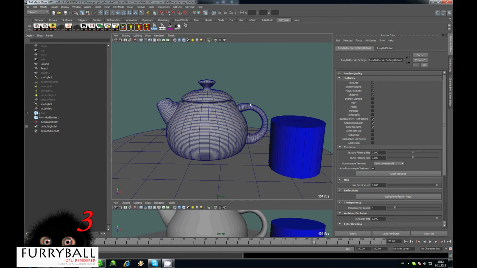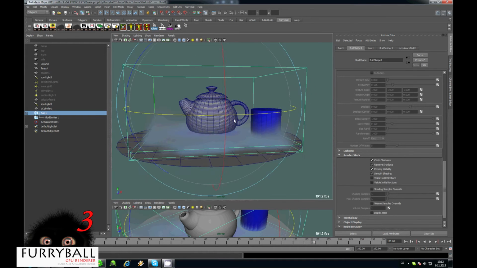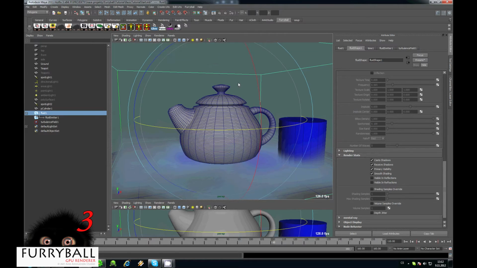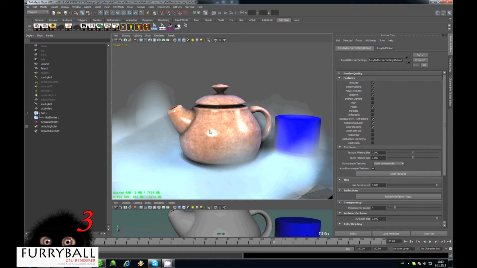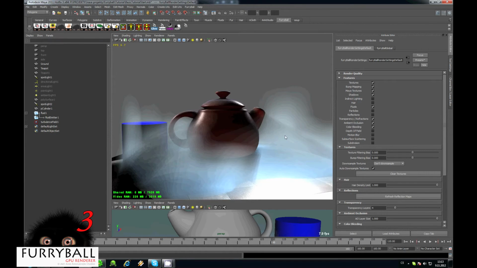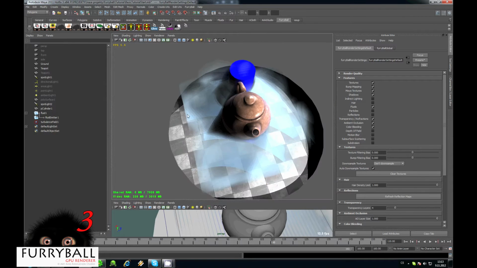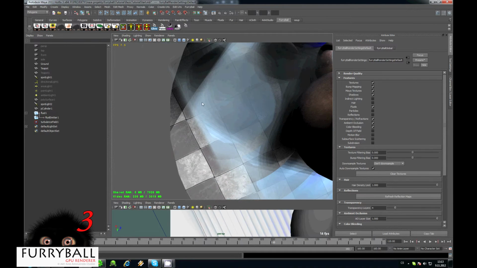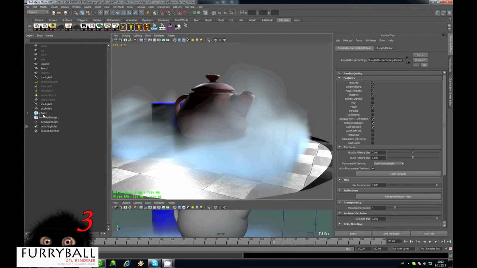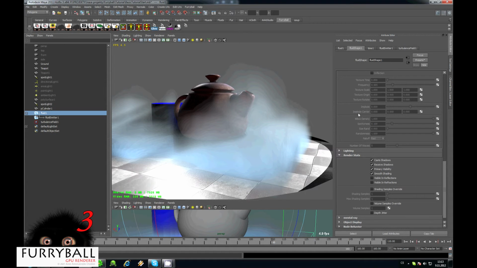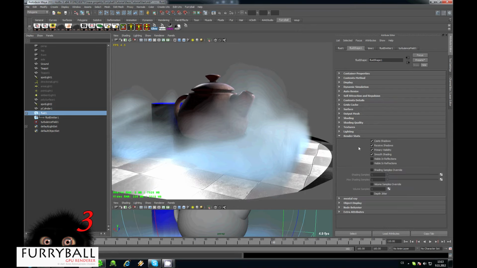FurryBall can also render Maya fluids. I've got one container created here. I turn fluids on in render settings. My fluid container is already rendering, but it has these artifacts in shadows. To prevent that, I must enable depth jitter in render stats in fluid shape,